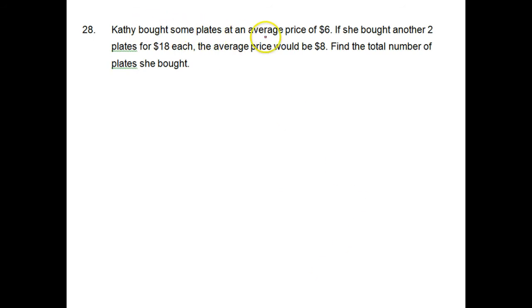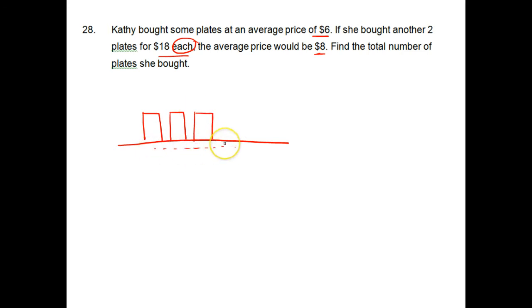Katie bought some plates at an average price of $6. She bought another 2 plates for $18 each. The average price will be $8. Find the total number of plates. Okay, let's understand by drawing. The average price of the plates would be $6. So average is 6, but we do not know how many plates. Katie bought 2 more plates